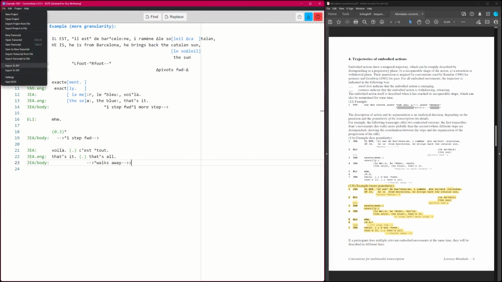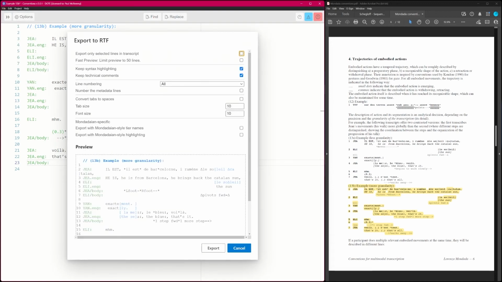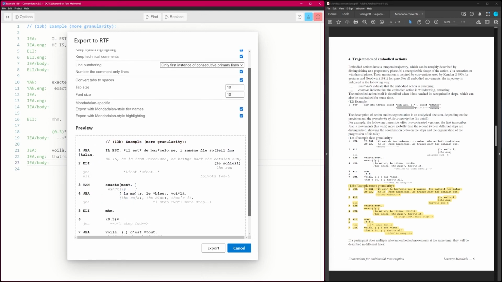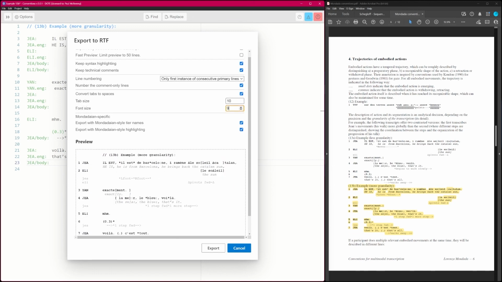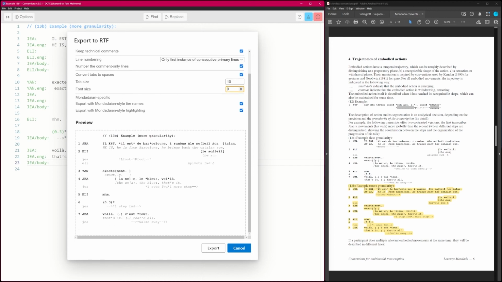But if you go to export to RTF, then you'll see here we could keep technical comments if we wanted, with the example number, line numbering. Let's say we want to have the most progressive, which is available in the Pro version. We'll convert tabs to spaces. We'll add the Mondadian, which is only available, and maybe we'll have to reduce the font size to fit it in. And there you see our preview, which you can export to RTF and import into a Word